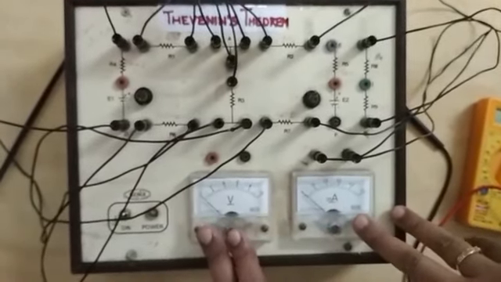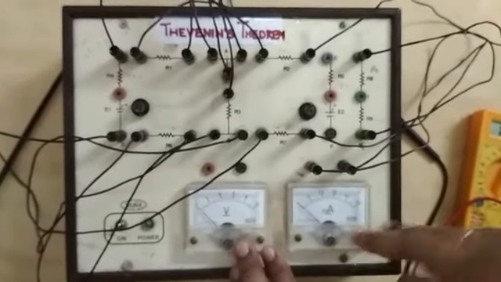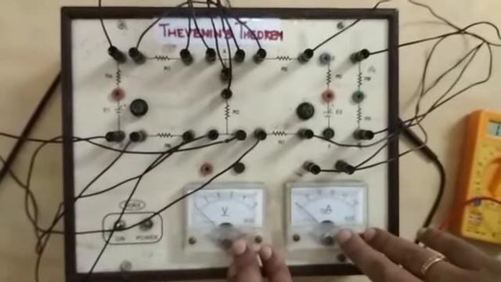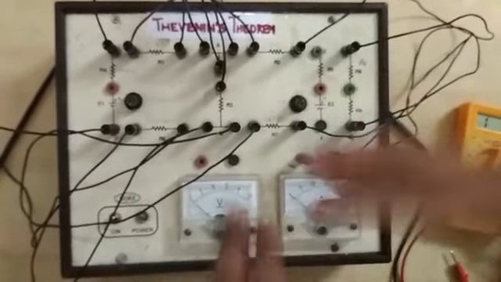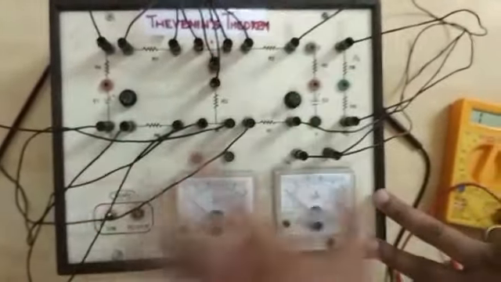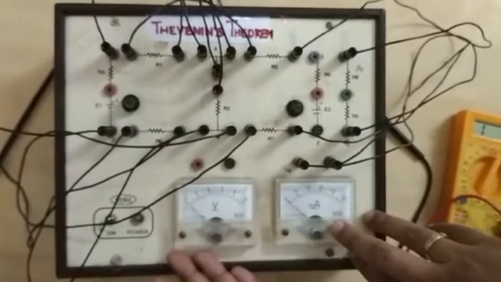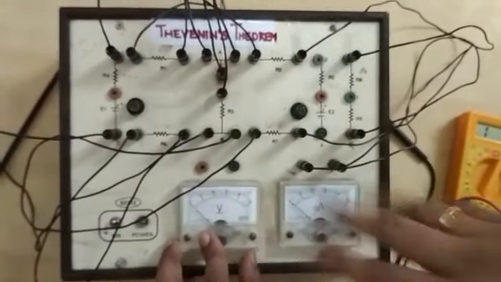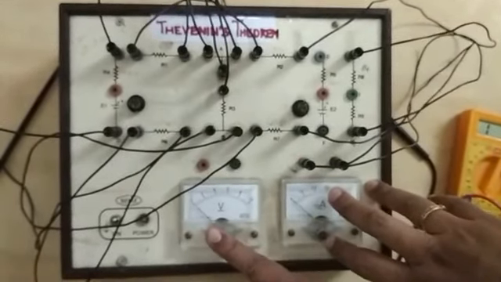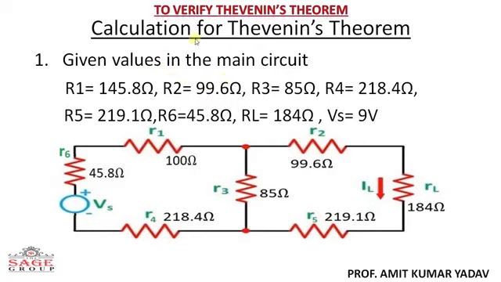But look here, student, there might be some percentage of error. That may be 5 to 10% of error can occur due to the internal resistance of this network kit. Because in the ideal case we do not consider internal resistance, but in the practical case we have to consider internal resistance. Now after performing the experiment, we write down the values of various resistances and the voltage source which we have already measured, 9 volt, and this is our main circuit.